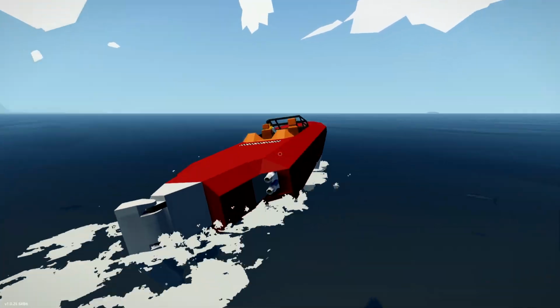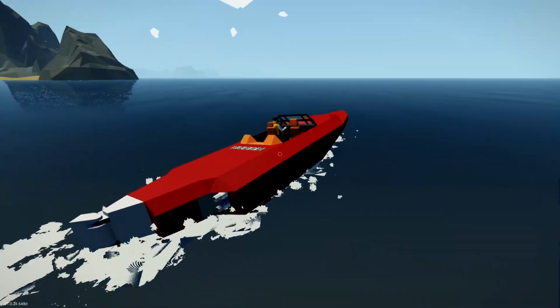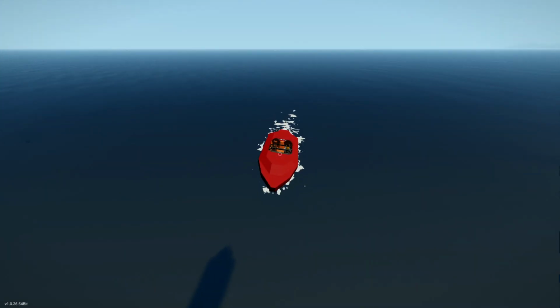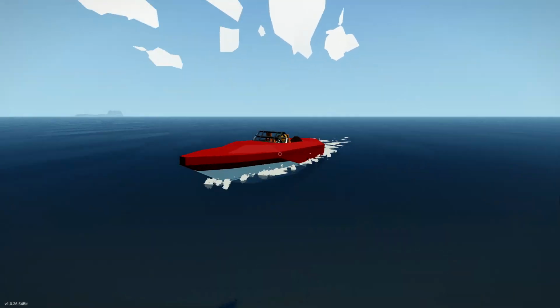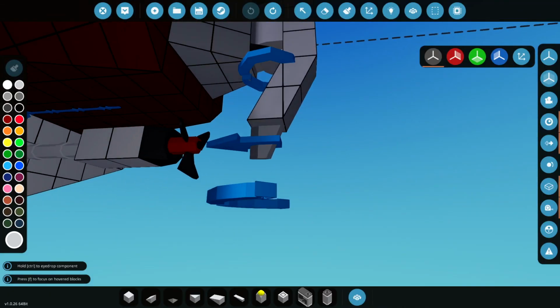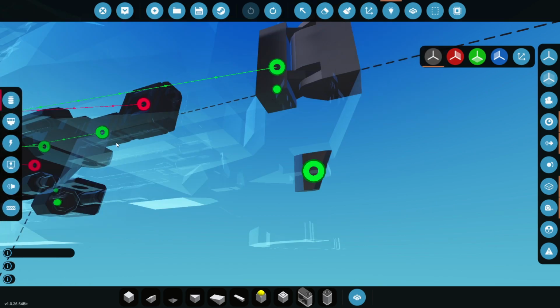I will make that much better. Don't worry about that. In fact, I do have a plan for that, so I might do that in a minute. Right, let's take this thing back in. I'm very happy with that, though. Just as a first test, right? That's very good. What I can do next, just to test these things, is try and hook in the steering,